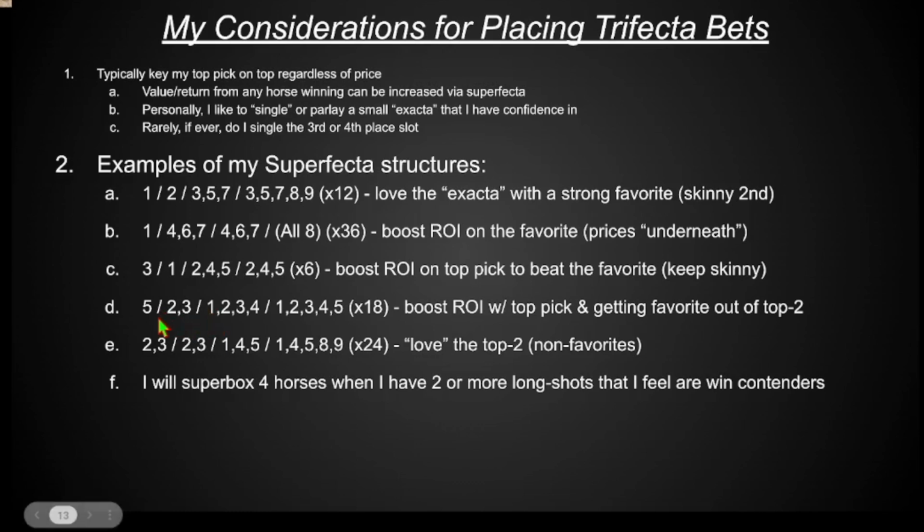the 1 horse, try to catch a superfecta. Getting that favorite out of the top 2 slots can really boost ROI. The further out from the win spot the favorite is, the more you're going to get back by rule of thumb. If you can get the favorite out entirely, say this ticket came 5, 3, 4, 2, that would be ideal. That would pay the most coming back.